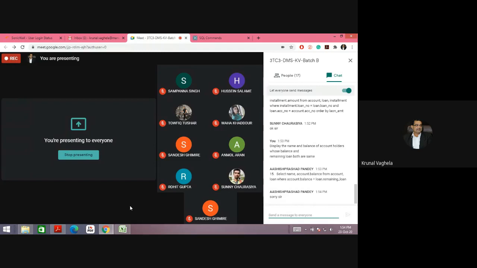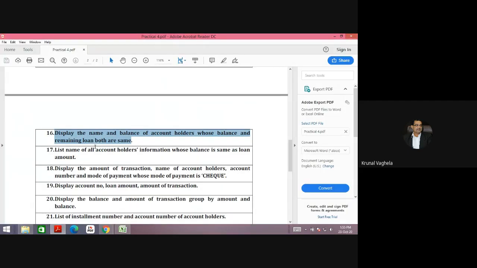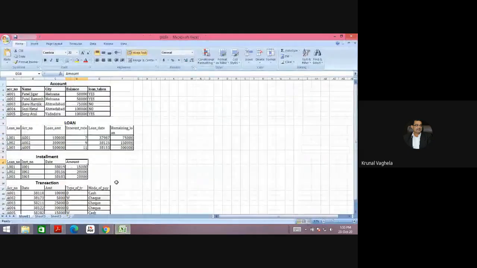So the students who are still not understanding join queries, these are the simplest queries. Let me explain. You need to see what is asked and from which table you will get it. It is asked to display name and balance of account holder.